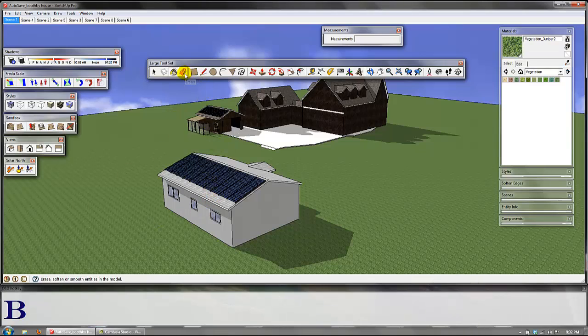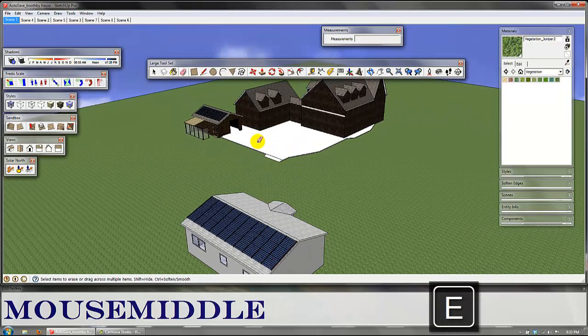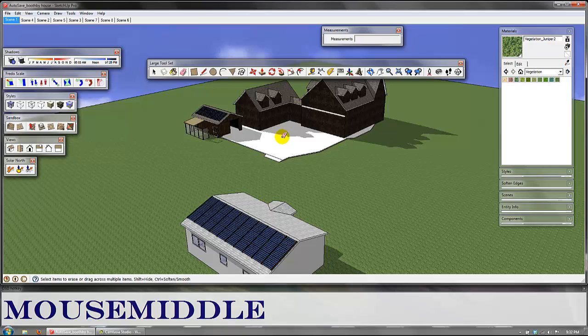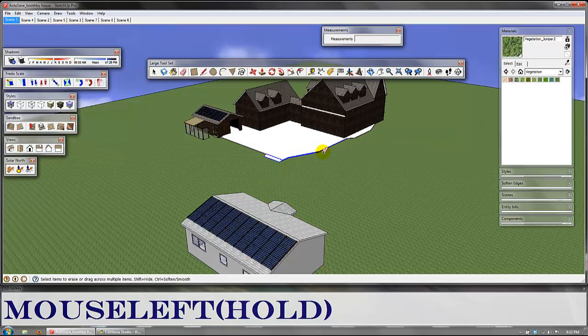And then now the next tool is the eraser, and the keyboard shortcut for eraser by default is the letter E for eraser. You see most of these are pretty intuitive. Paint bucket is B for bucket, eraser is E. The eraser is simple. You just click and hold, and you can erase things like you're erasing on a piece of paper,